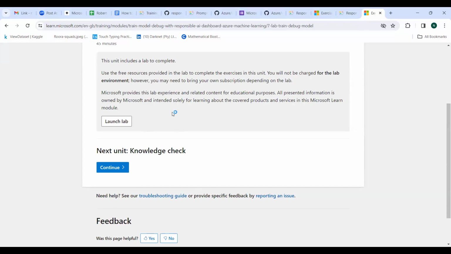Then, if there are pop-ups, read what they say, select the country and so on. Then from there, it will take you to this page. Then you launch the lab. After launching the lab,